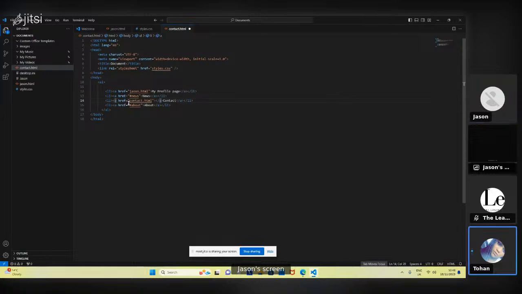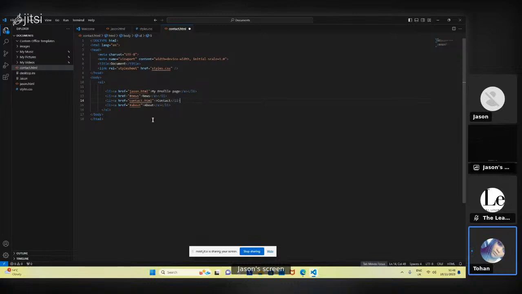Yes, you have to remove the open bracket /a and the closing bracket. You have to remove that. So remove the two brackets in front of it. And same for one more, the about page. No, you're not supposed to remove the